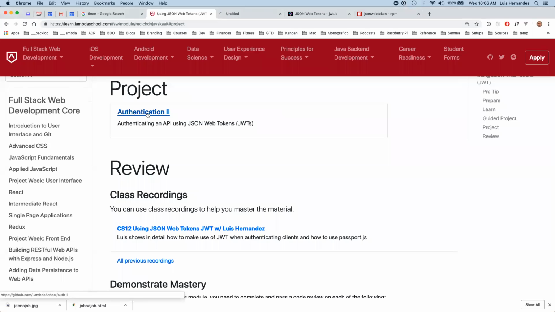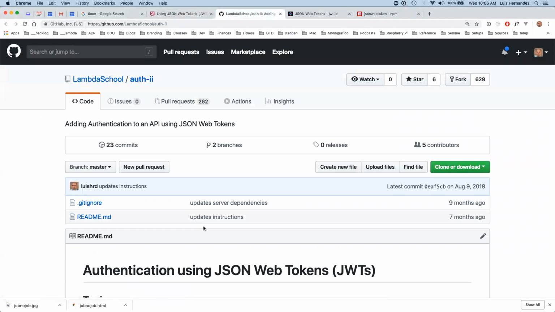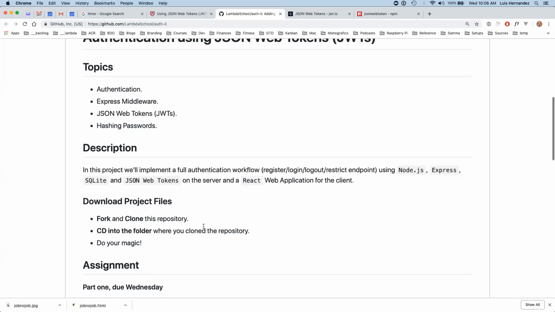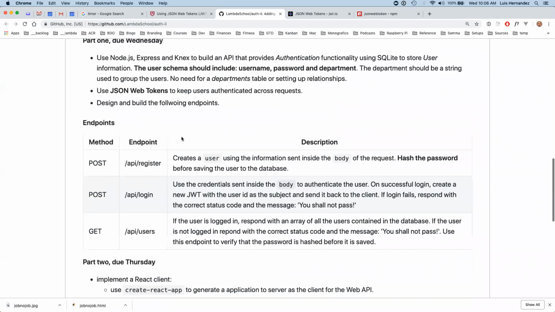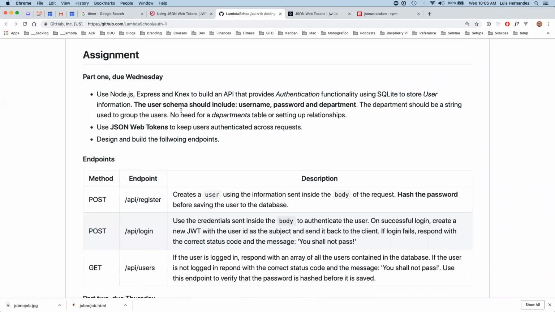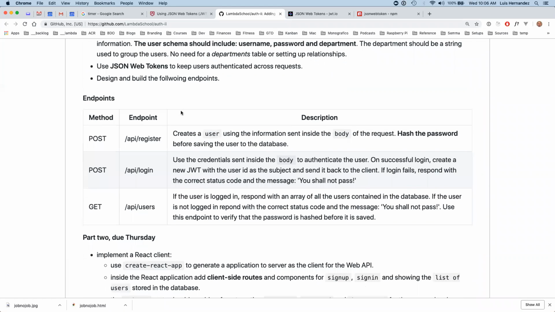Authentication 2. And what you'll be required to do is basically the same thing that we did yesterday, only that instead of using sessions, you will be using JSON Web Tokens instead. You can ignore this part 1 and 2. I think it will be okay